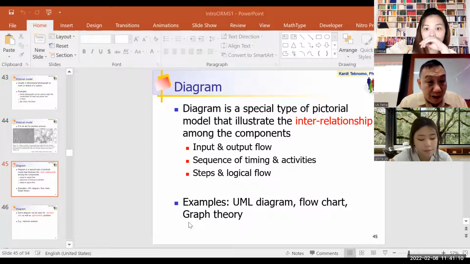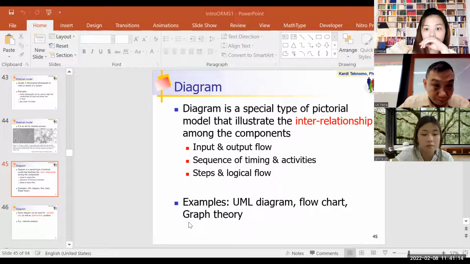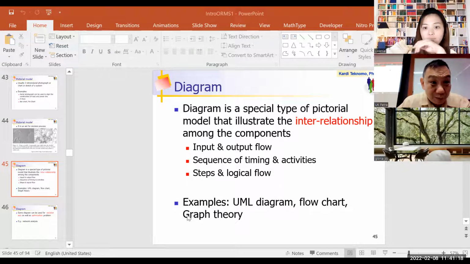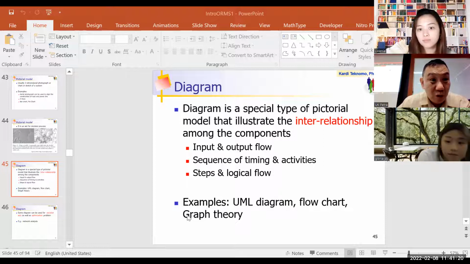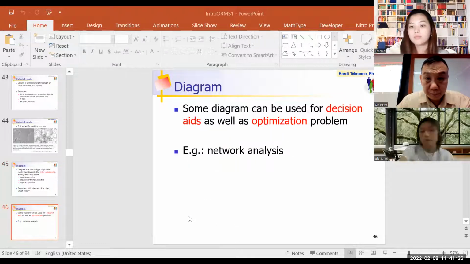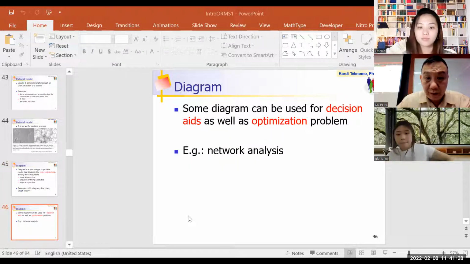There are standard diagrams called UML, right? Did you learn that? If not, please learn about UML, Unified Modeling Language. This is a standard for diagrams. Okay. Next,